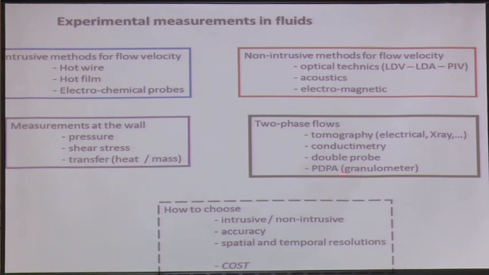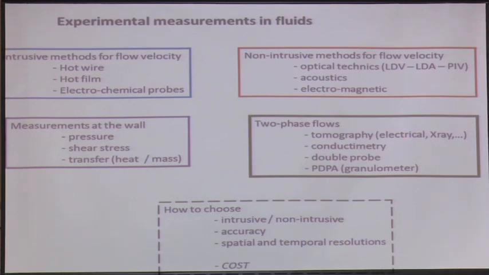So it's like a granulometer, which takes advantage of the diffraction of light, but instead of just getting the particle size distribution, you get the particle size distribution and the velocity at the position where you do the measurement. So it's very useful in particle suspension, in sprays also, when you have droplet formation and you want to know what is the size distribution of the droplets, but also what is the velocity of each size of droplets.